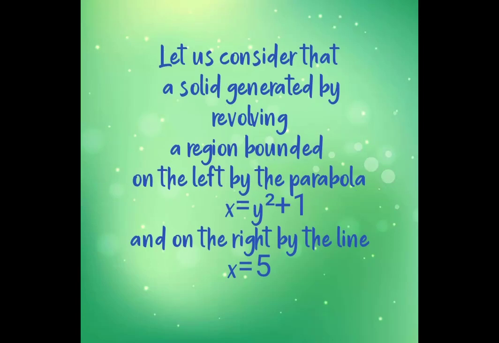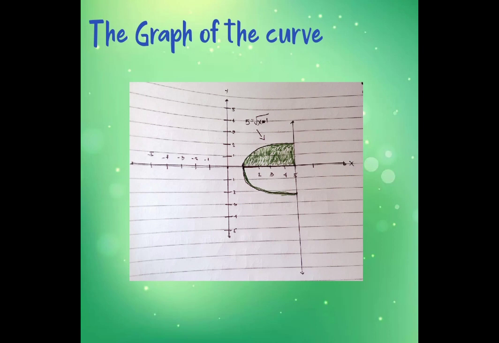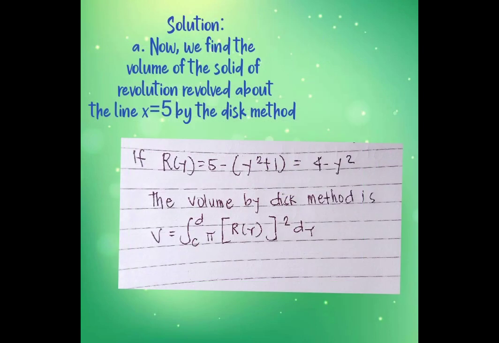Let us consider the solid generated by revolving a region bounded on the left by the parabola x is equal to y squared plus 1 and on the right by the line x is equal to 5. The graph of the curve is given in the figure. Now we find the volume of the solid of revolution about the line x is equal to 5 by the disk method. The outer radius is equal to 5 minus y squared plus 1, which is equal to 4